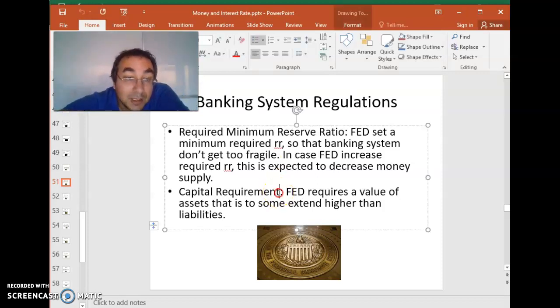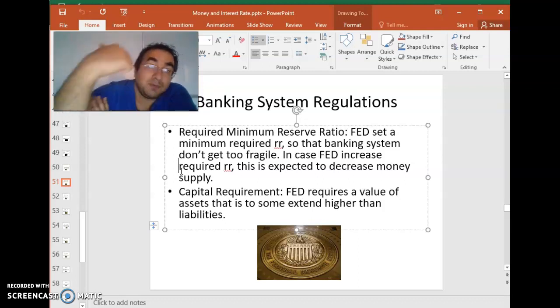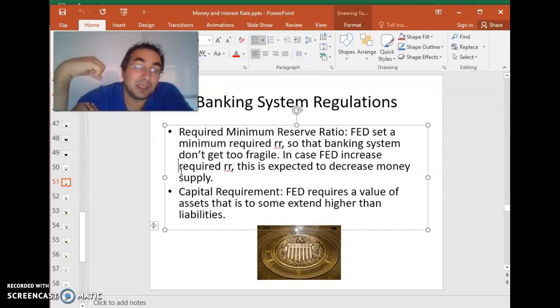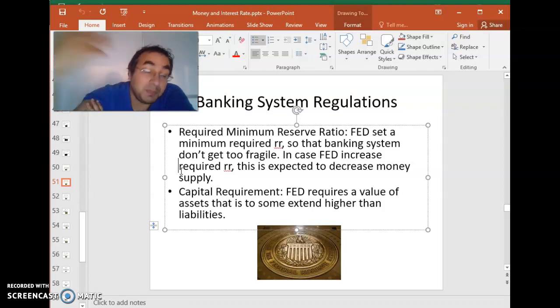And then there's the capital requirement. That's what we have seen in the beginning. We have assumed in the call bank case that the bank doesn't have its own money, its own capital, basically. It used just other people's money. But basically, for all deposits in the bank, for example, if there's $1 million in deposits that is directly brought by the people,